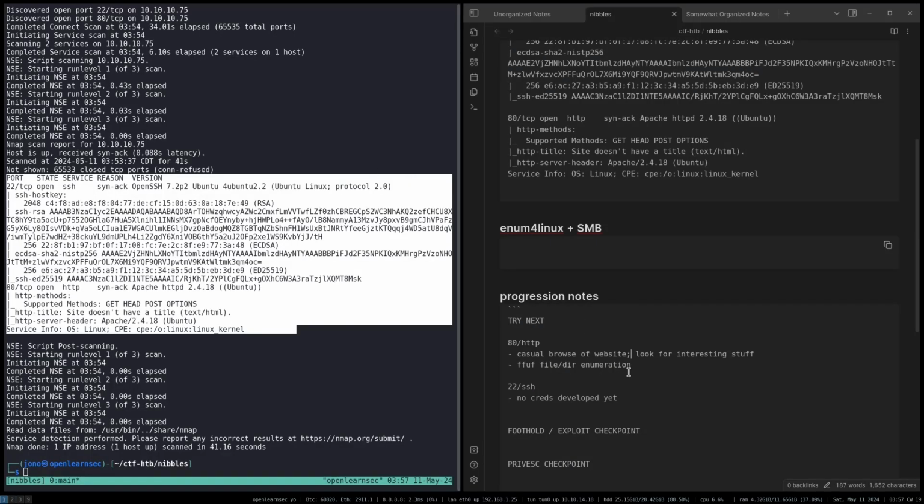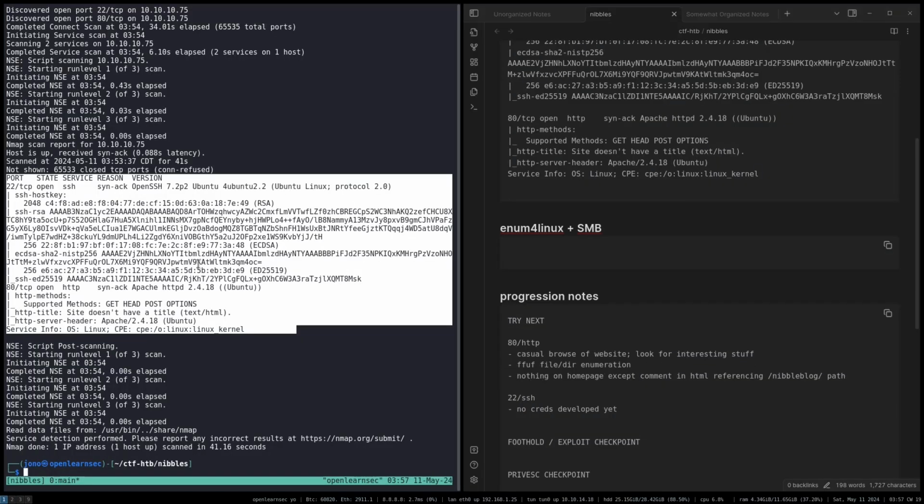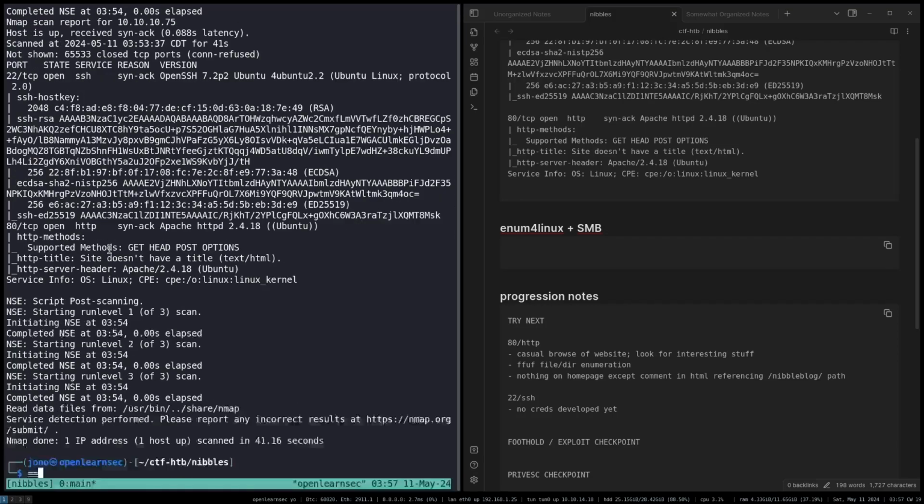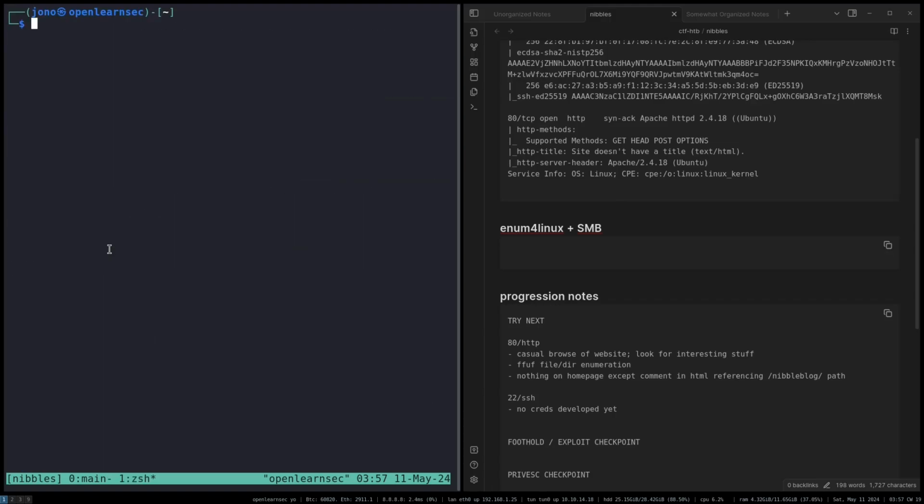So let's keep our notes going. Nothing on home page except a comment in HTML referencing nibble blog path. Okay. So we've got nothing else to go on at the moment. What we might do is get the enumeration going. So I'm going to actually create this in a new window, and we'll split this. And we're going to do,